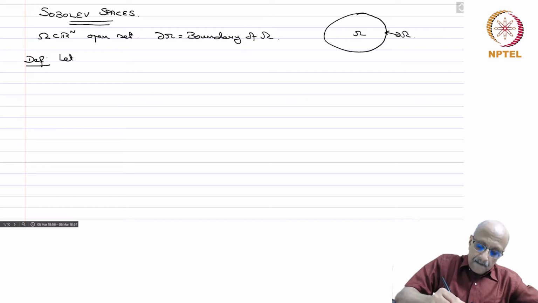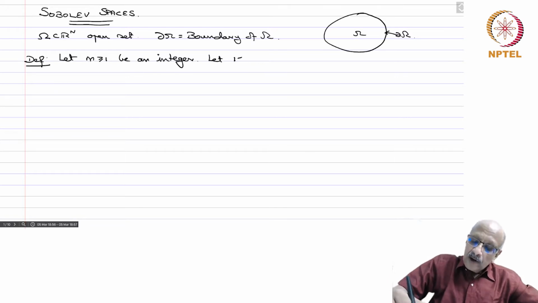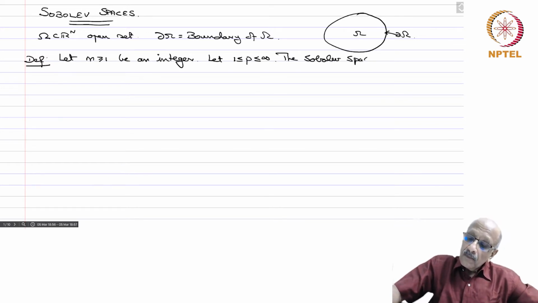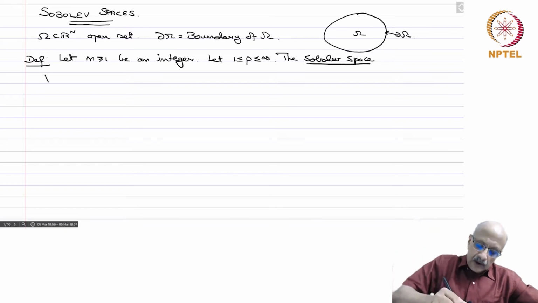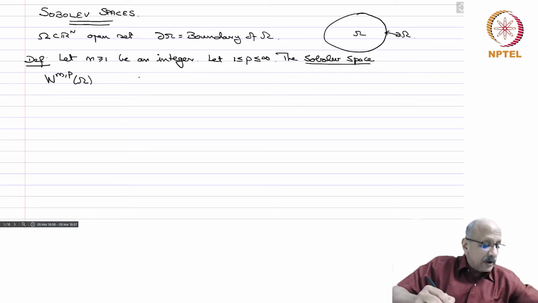Let m greater than or equal to 1 be an integer. Let 1 less than or equal to p less than or equal to infinity. The Sobolev space W m p omega. So, W has two indices here, m is for the order, p is for the exponent of the Lebesgue space, as we will see in a moment, and it is defined by